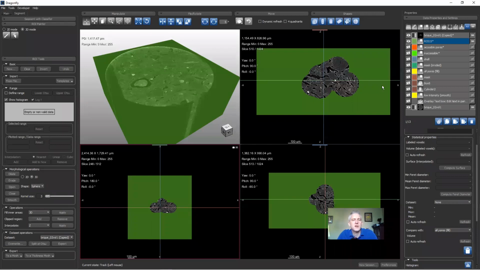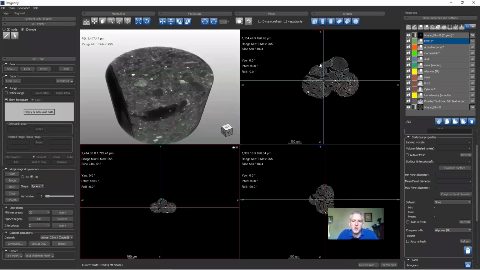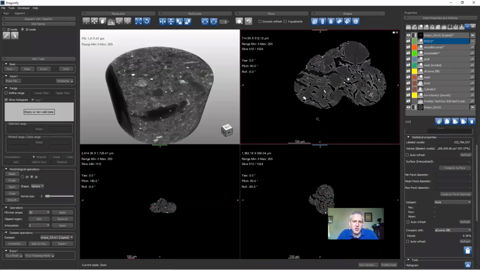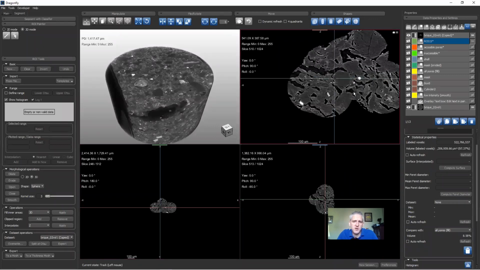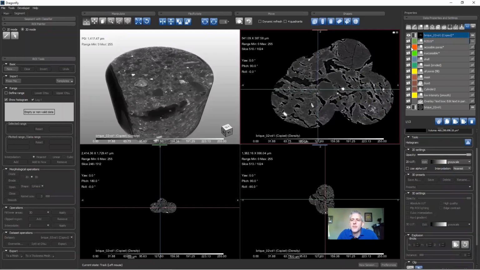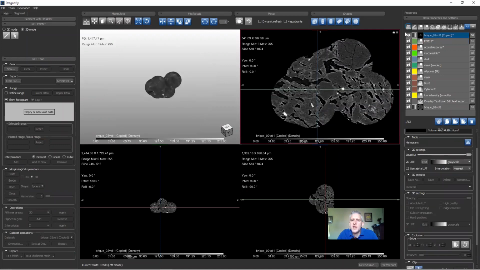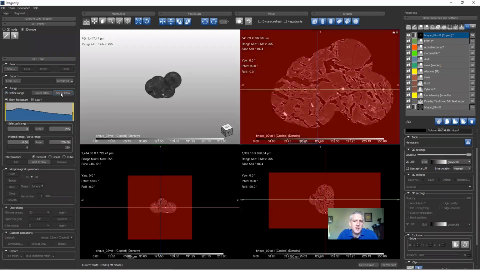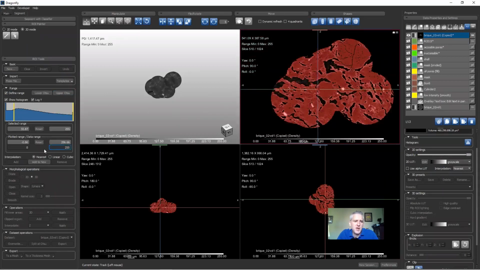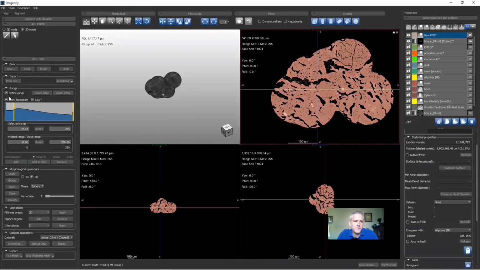now that I think about this, I'm doing this kind of wrong. But suppose I wanted to shrink wrap this data set, all right? And I wanted to, because it'd be hard to use spheres and other primitives, differentiate surface accessible pores versus inaccessible pores. What I could do is take this data set, and if I were doing some thresholding on this, so if I took this data set and I did an upper Otsu and I had this, and now I added that to a new ROI, okay,